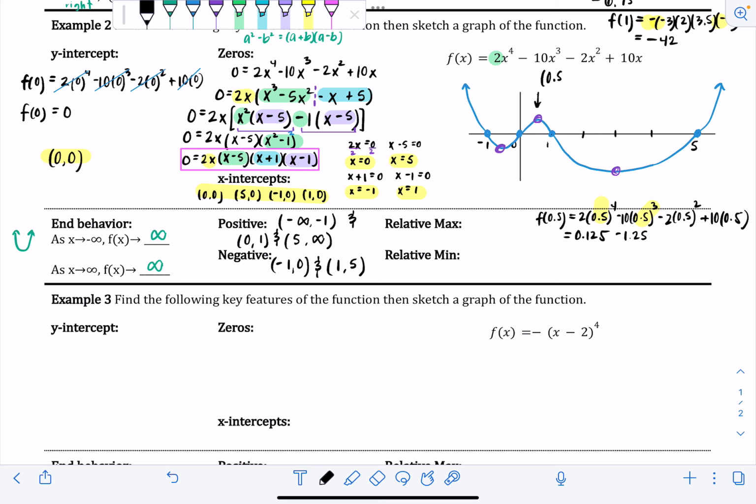If I do 0.5 squared, it's 0.25 times negative 2, would be negative 0.5, and then if I do 10 times 0.5, that's 5. So then now I can add all those together, so 0.125 minus 1.25 minus 0.5 and then plus 5 is